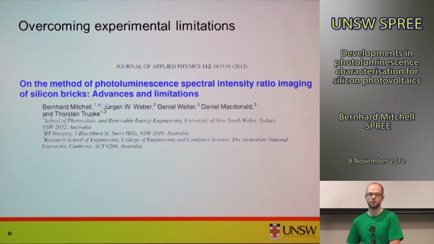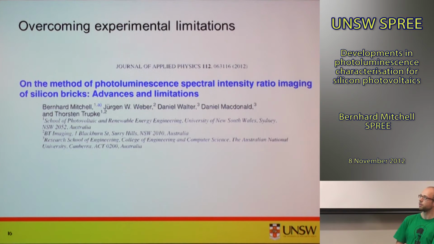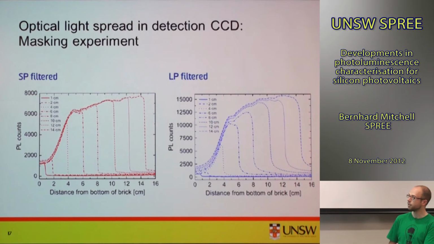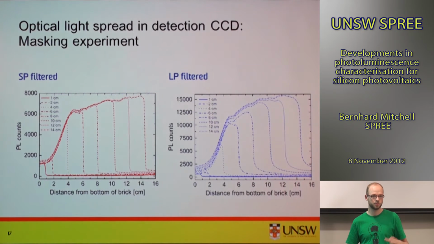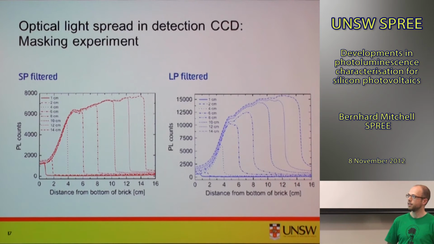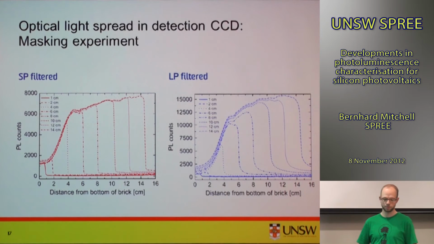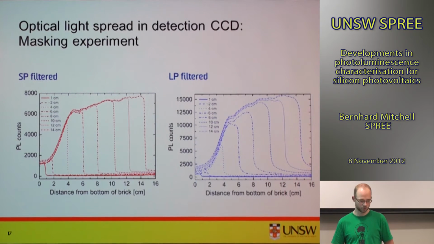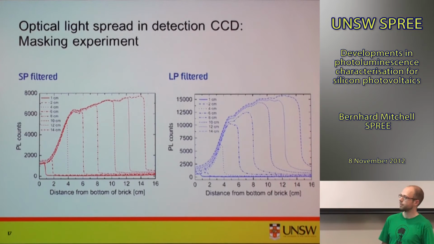In order to overcome experimental limitations, we looked further into the details and published the results in this publication. In the image before, we could see that especially the top and bottom of the brick had unrealistically high lifetimes. We first thought it could have been defect luminescence, but I almost accidentally found that if we cover the brick and illuminate and measure just part of the brick, and then slowly uncover the brick and measure, we can see that the signal here